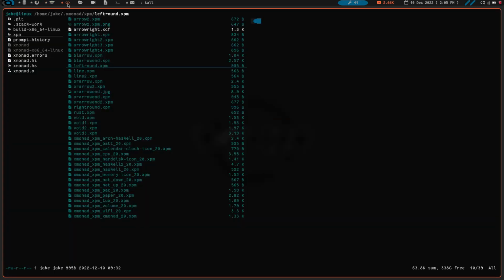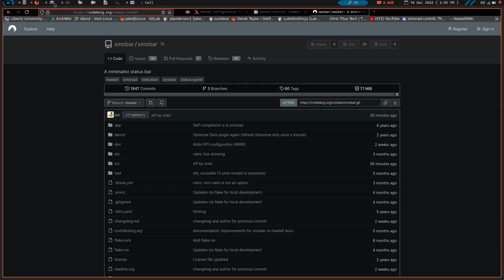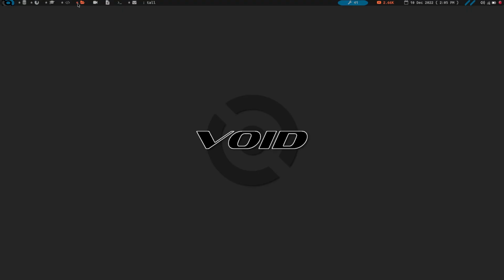But that being said, that is my number 4 pick, or excuse me, my number 3 pick. Xmonad, great window manager, highly extensible, highly customizable, difficult to figure out based on the Haskell language, but once you can kind of get your brain wrapped around it, there's just so much you can do with it, and it's such a great